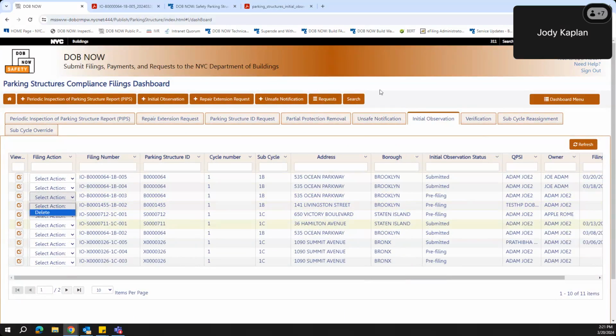All right, so I think that about covers it. We submitted a report. We had the owner sign it. We submitted it to DOB, and then we were able to search for it in the public portal without logging in. And there's also a way to come in here and print a PDF of it if you needed that as well. All right, so we can open it up